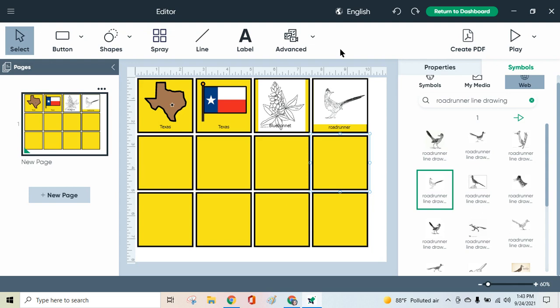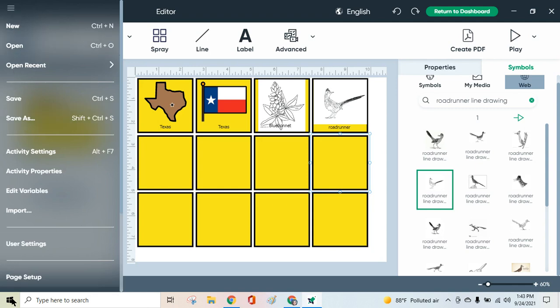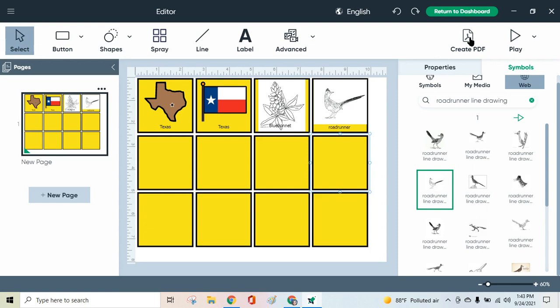So a neat feature of Boardmaker 7 is that instead of it having a print command anywhere, so you can look here, there's no print command here. You can go over to create PDF. Now the advantage of this is that it allows you to convert this to a PDF, and then you can email it to anyone even if they don't have Boardmaker, and they'll be able to use the board that you've made. So we'll click on create PDF,